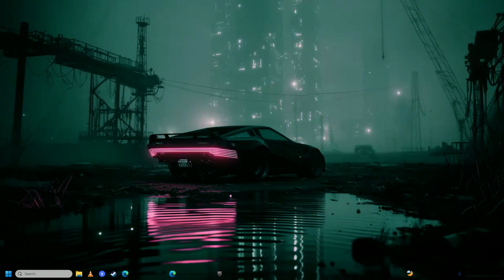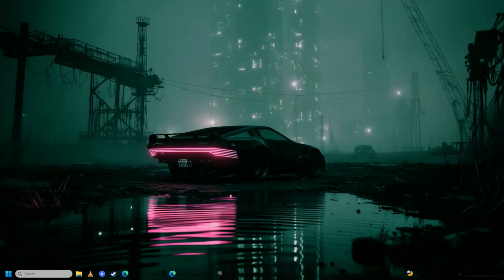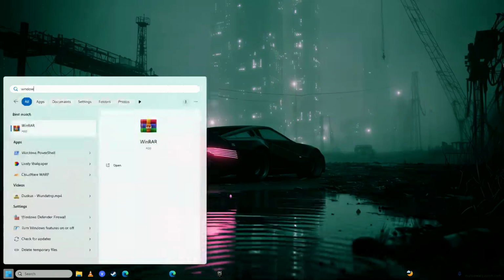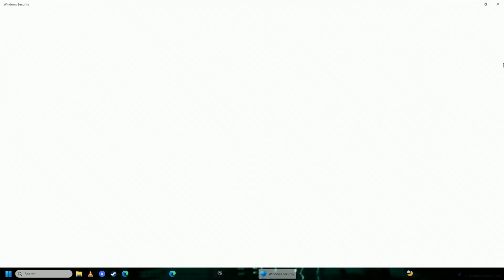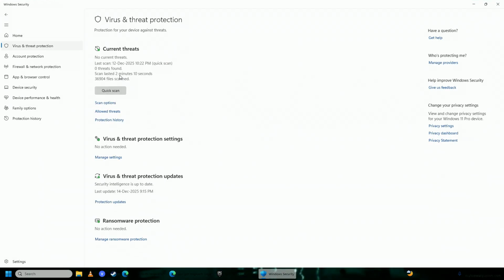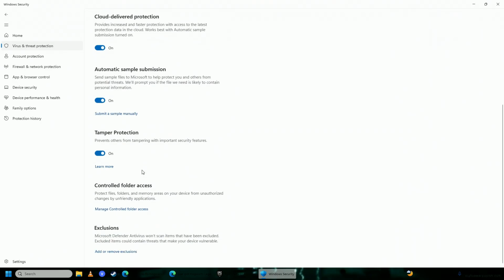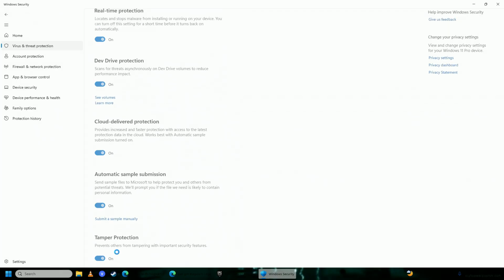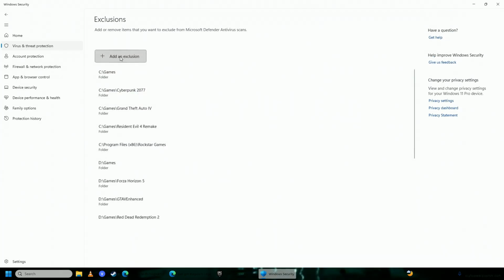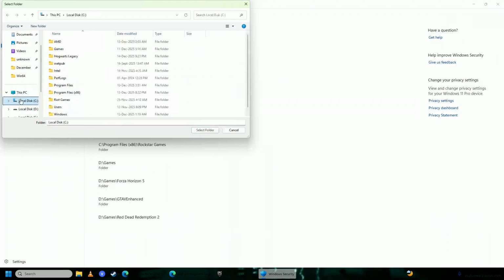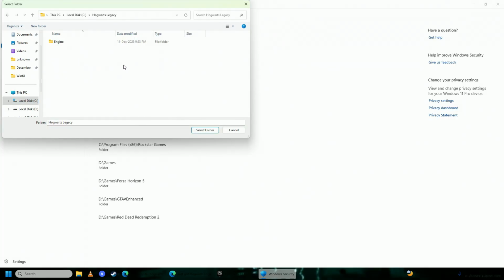Once you're done deleting it, now you're going to open up your start menu again. Write Windows Security, and then go into Virus and threat protection, click Manage settings right under Virus and threat protection settings, scroll down here, click Add or remove exclusions, click Yes on here, click Add an exclusion, click Folder, and then go to your Hogwarts Legacy's directory, select your game's exe